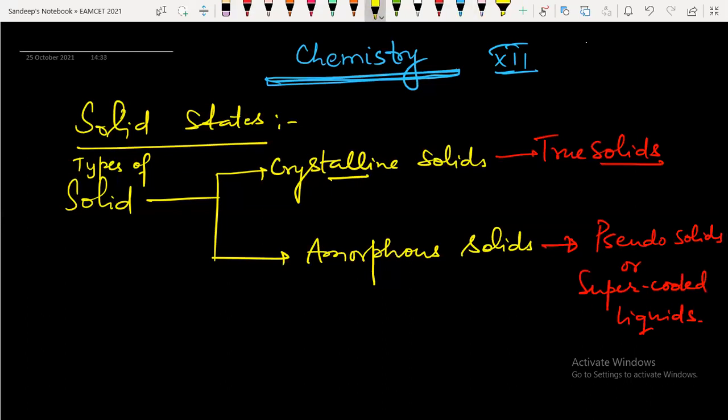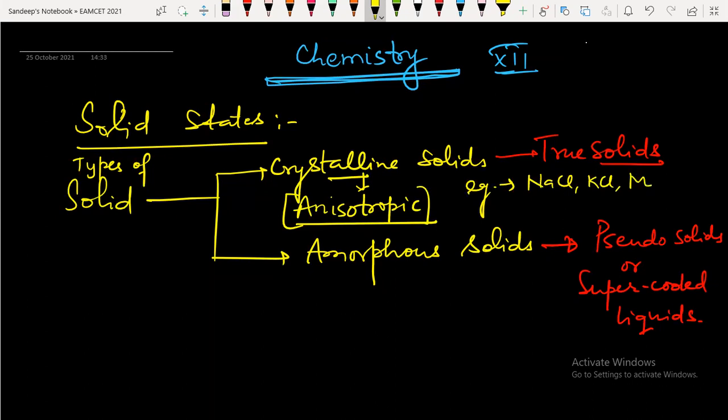Now, crystalline solids have regular geometrical arrangement of particles. They have fixed melting point. They have definite enthalpy of fusion. They are anisotropic. Very important point, they are anisotropic, meaning they have different physical properties along different direction. So that means they show cleavage property. Some of the examples of crystalline solids are NaCl, KCl, MgO, cesium chloride, ZnS,